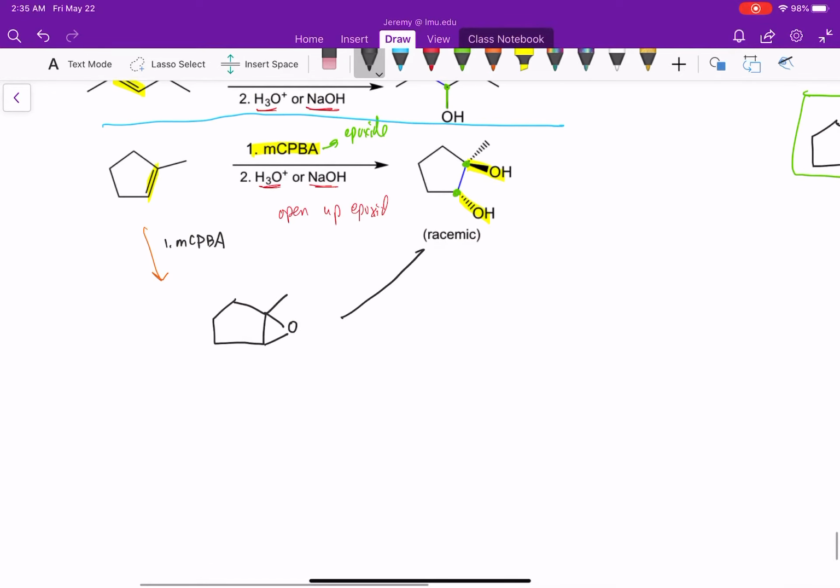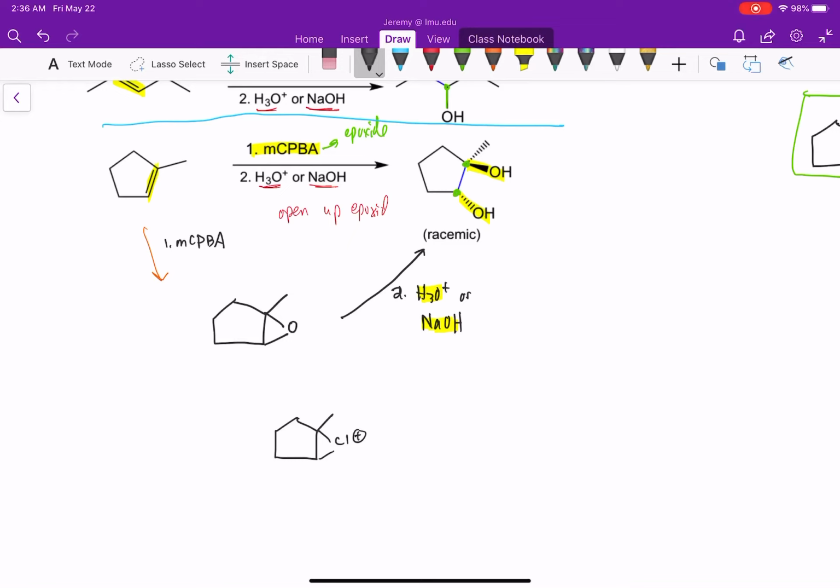Then in step 2, when we add acid or base, either of these will open up the epoxide. So if I ask you to fill out the reagents, just pick one. Write H3O plus or write NaOH. Don't write the whole thing. I know either of these can open up the epoxide. And this is akin to what we saw before, if we had a chlorine here,